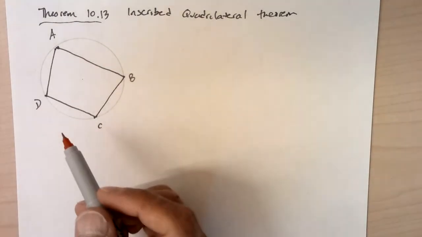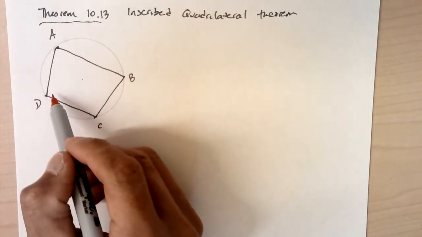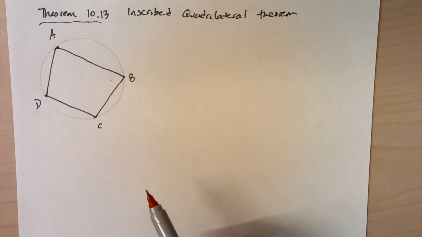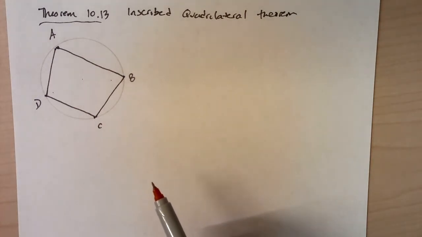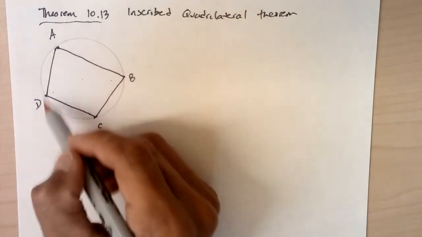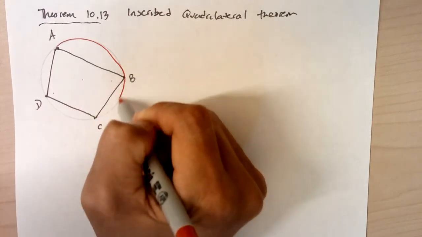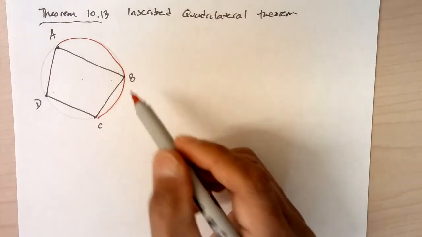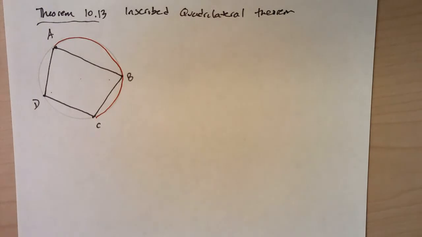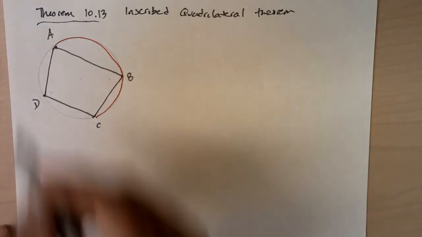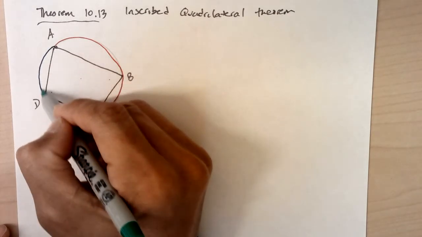So a pair of opposite angles in this diagram, we'll concentrate on angles D and B. Those are opposite angles. Yes, A and C are also opposite angles, but I'm just going to concentrate on angles D and B right now. So angle D is an inscribed angle. Here's the arc that it intercepts, arc ABC. And then for the opposite angle, angle B, here's the arc that angle B intercepts, which is also an inscribed angle,